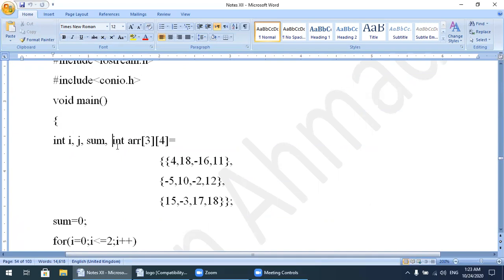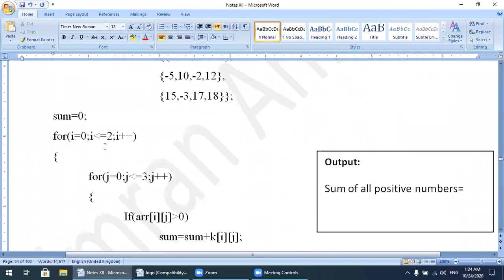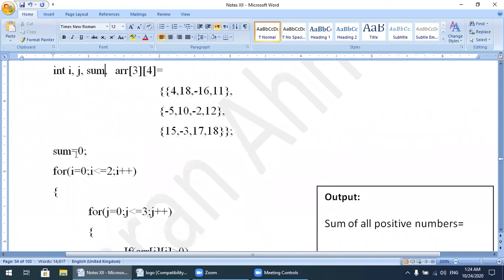You can write this one, skip this one because integer is already written, ARR[3][4], and again we write the same elements which the program gave us. Then the variable sum: we initialize sum equal to 0. So the initial value of sum means that before starting the process we don't have any value in sum, it means sum is 0.